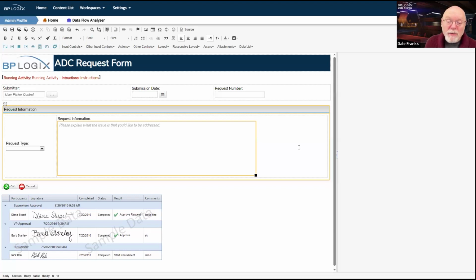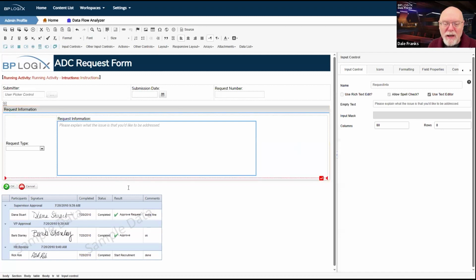It is possible for you to customize CSS to make this different. I have not done so, but it does give me a nice little explanation about what we want to see in this particular control whenever the user fills it out. So the empty text allows you to provide essentially context-sensitive help on each control that you place on your form.